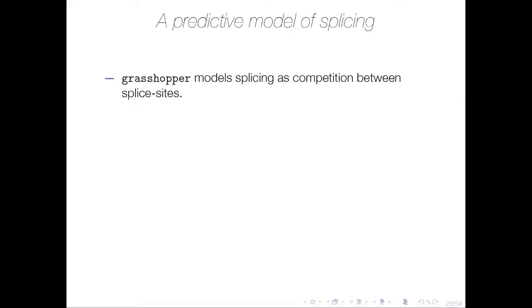So the mitochondrial genetic diagnosis example I showed you, as well as our own work looking at Parkinson's disease, is suggestive that RNA splicing is important both in rare and common human disease. So we wanted to try to get a bit closer to understanding how genotype can influence splicing outcomes. To do this, we built what we think of as a predictive model of splicing choices. We're calling this algorithm Grasshopper, and it models splicing outcomes as a series of competitive choices between splice sites.